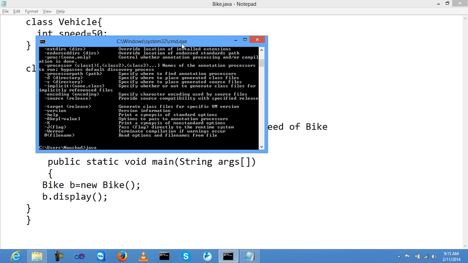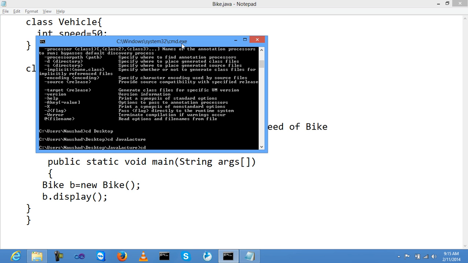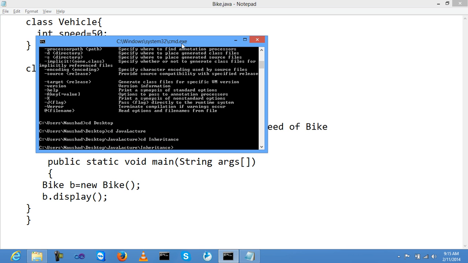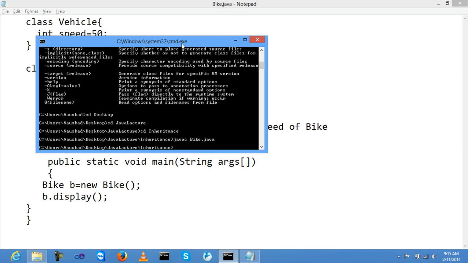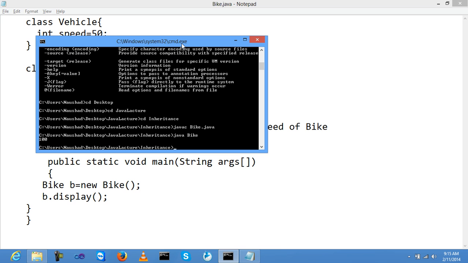javac. First set the directory: cd desktop, inside the desktop Java lecture, and inside the inheritance folder, right? Now javac Bike.java. The value was 100.